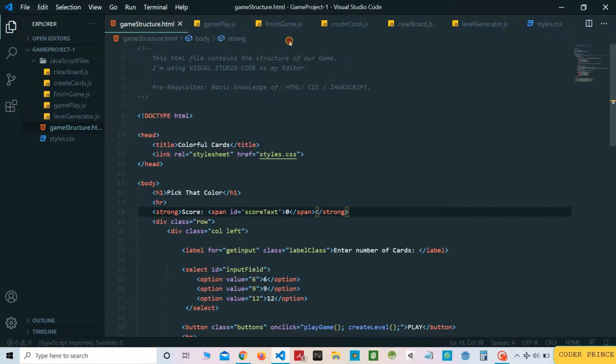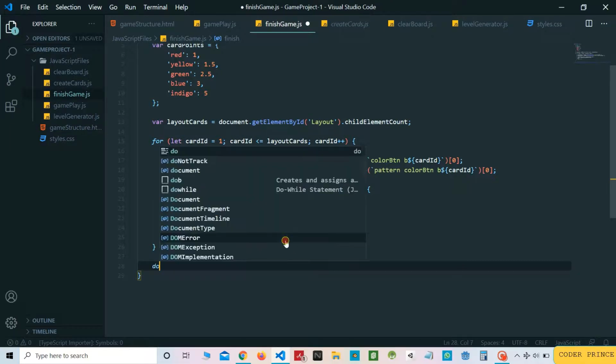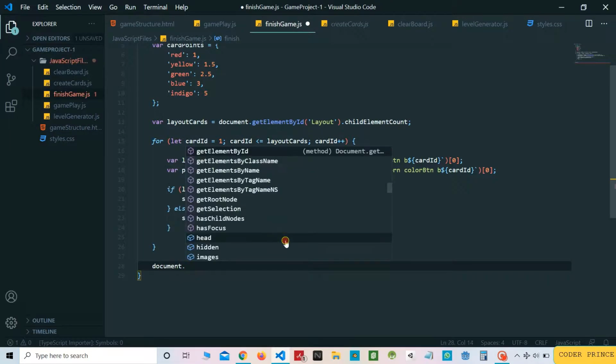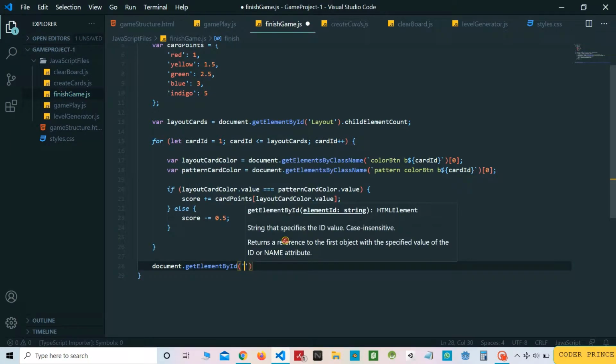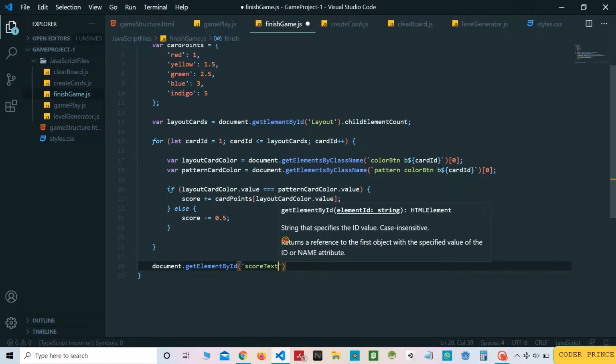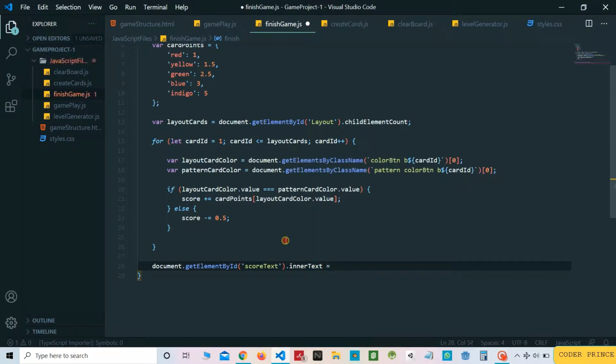Okay, come to the finish game.js script. Here, instead of alerting the score to the page, write document dot get element by ID, and it is score text that we want to change. We need to write in the inner text, so inner text will be updated as score.